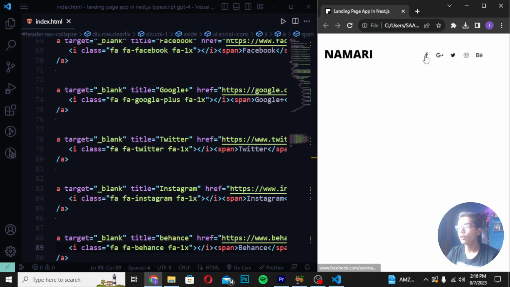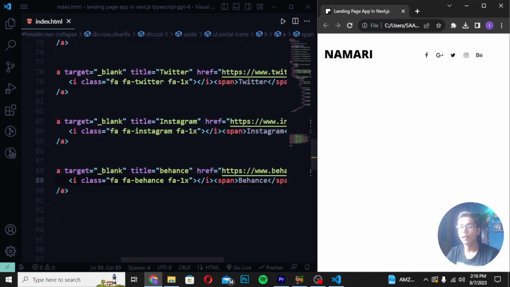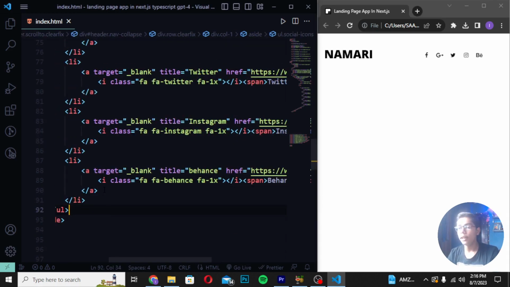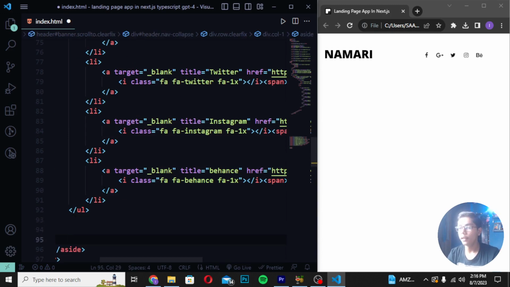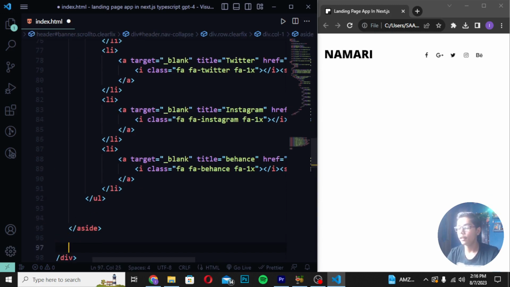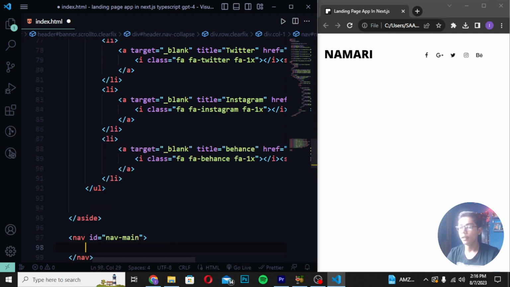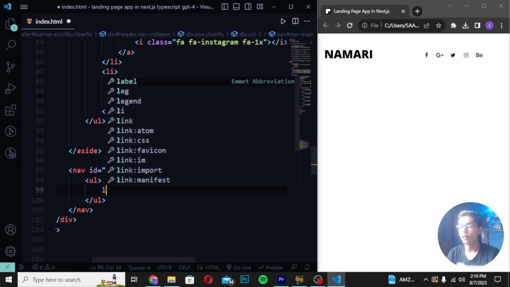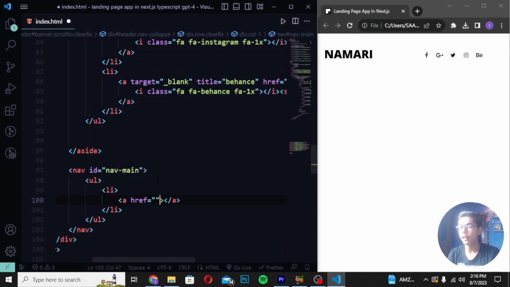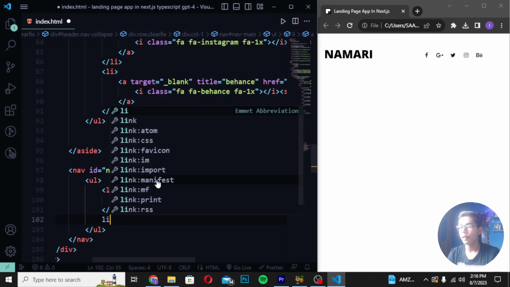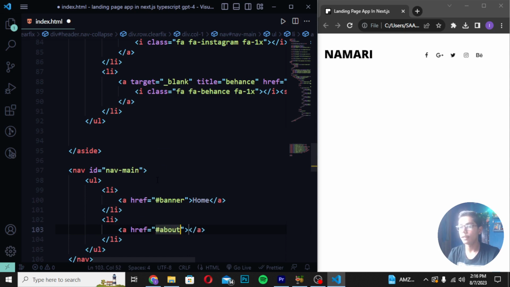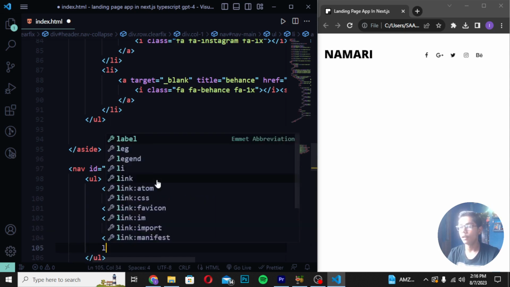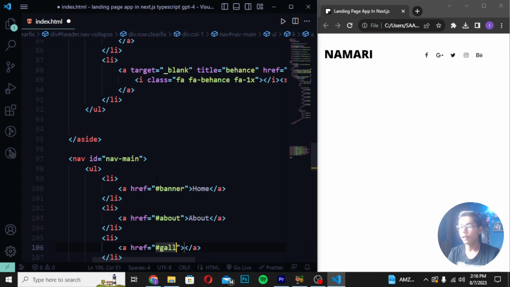You can see we are getting all the logos with the Namari logo at the left side. Now you have to move after the UL tag because all the li tags have been completed, and then we will give two lines of space here, then give some space here as well, and I will give it the ID name main. Then you just write ul li, then an a tag and banner, and after writing banner you have to write home, then an li tag, and I will write about, and write about here as well. Then I will write gallery,